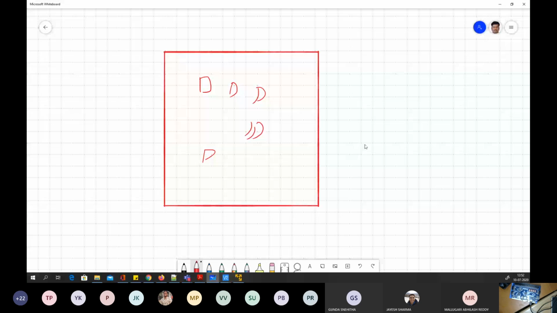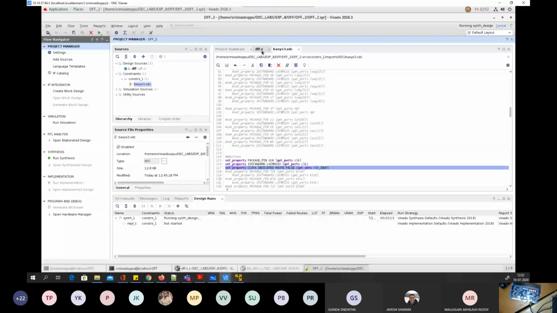What exactly this synthesis step is trying to do is this: you have written a Verilog code here. Maybe this code will get synthesized to a flip flop and maybe some kind of an AND gate, OR gates, or XOR gates and different things. So what this synthesis step will do is that